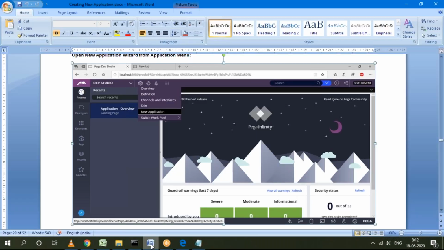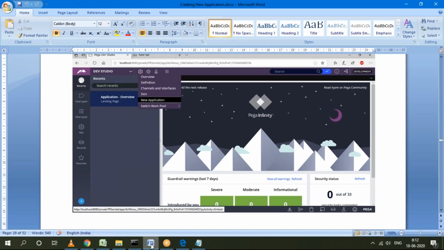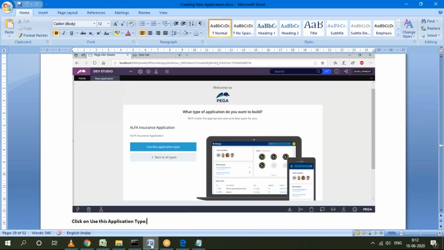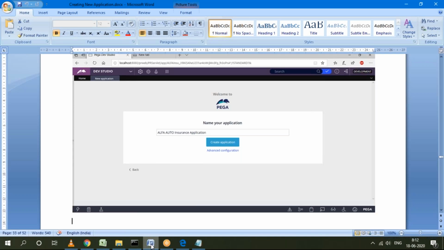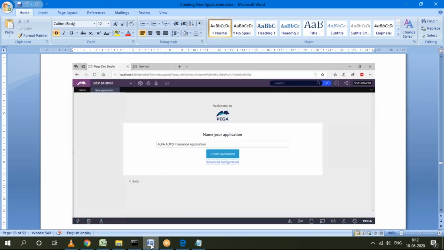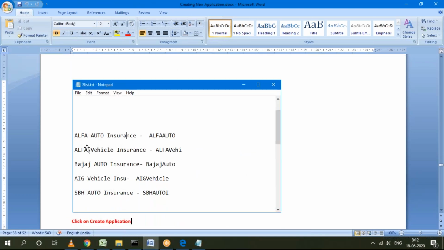Generally, for the organization name, the maximum length is 4 characters. Similarly, when giving application names, the application name length can be either 8, 9 or 10 characters. How will it be taken? Let's take this example, Alpha Auto Insurance, that is the name we have given. In the first two words, how many characters are there?